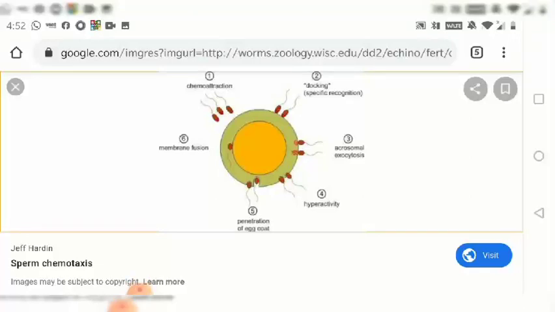So chemotaxis, you already know how it takes place by chemical reactions. So there will be a change in gradient. Later, after the gradient changes, the temperature will fall down. Once the temperature falls down, then the chemotaxis related to the cumulus, then the secretion of progesterone, and at last there will be chemoattractant secreted by the oocyte.